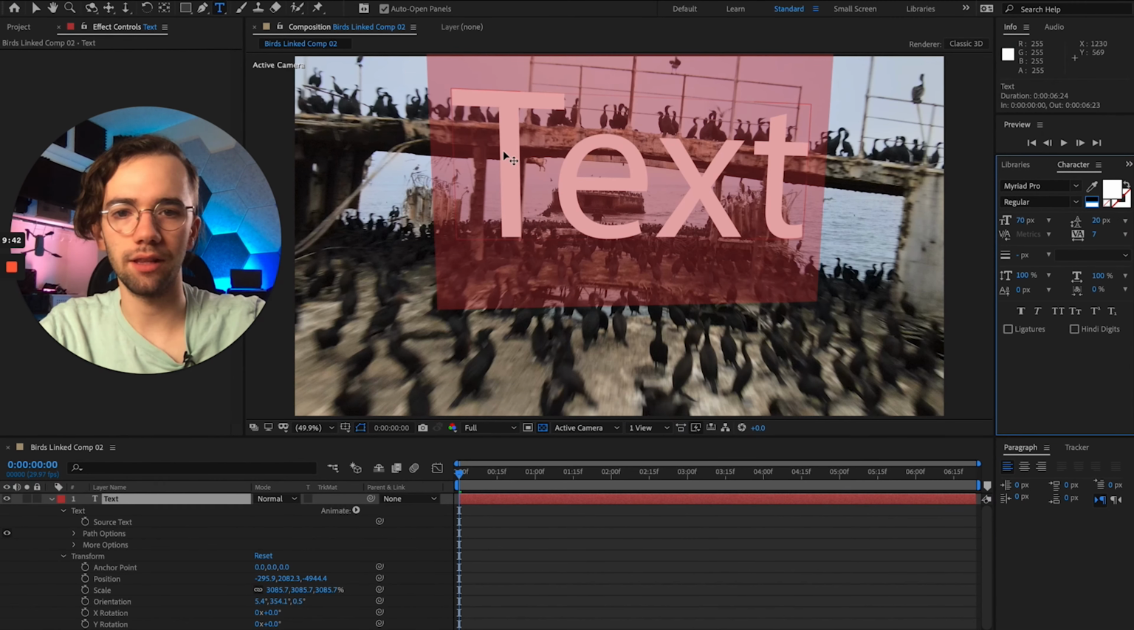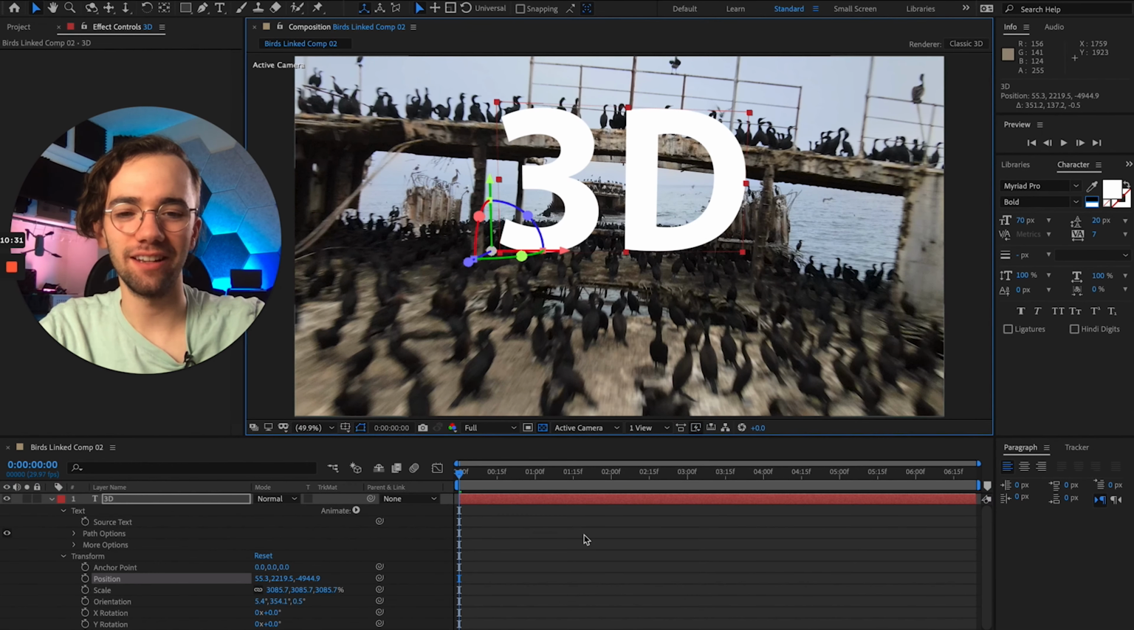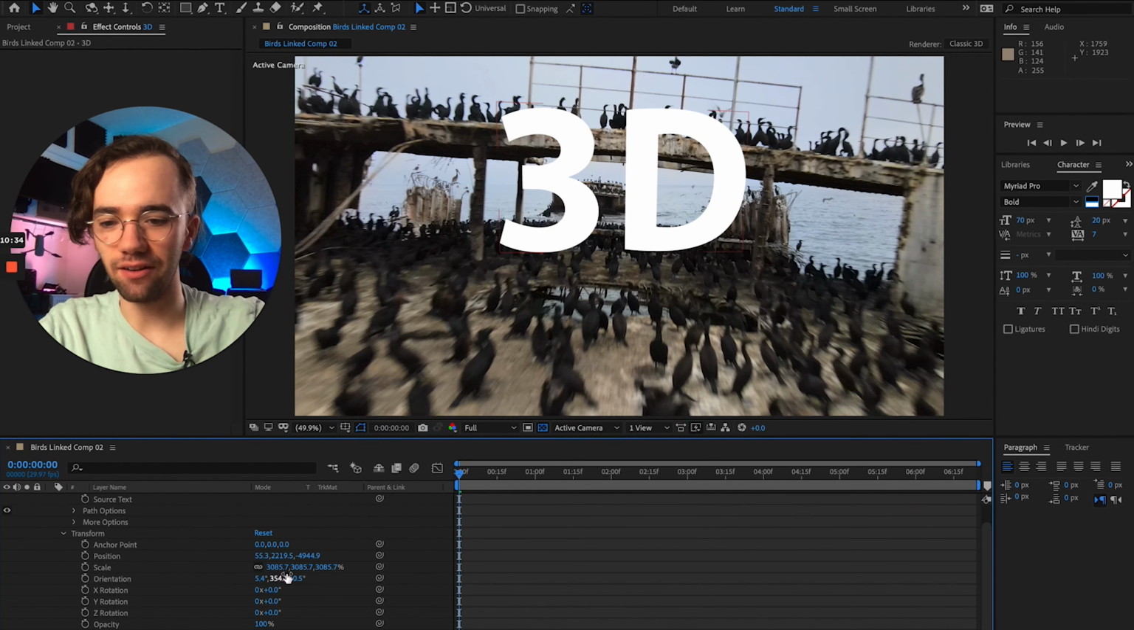So text selected. Let's change this text to 3D. Whoa, I need to stop holding shift. 3D, there we go. And then we're gonna make this bold right here. Ooh, looks great. Okay, now we've got this 3D text floating around, and as you can see down here, we're